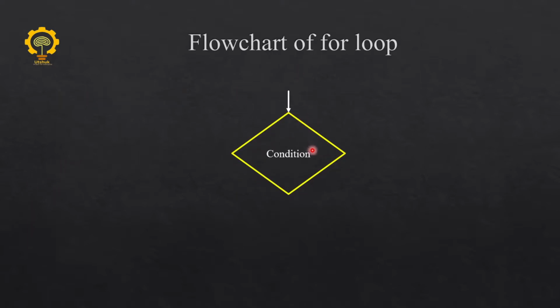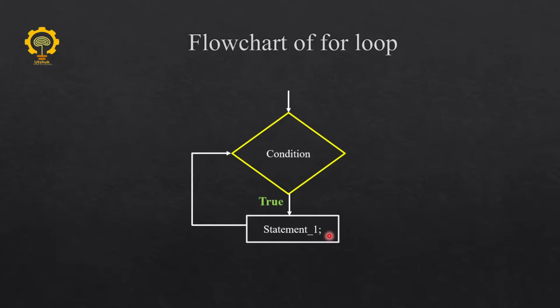So here's the condition. If the condition is true, then certain statements are executed, and again the condition is checked, and it will run till the condition is satisfied. Otherwise, if the condition is false, then it will come out of the while loop and execute the remaining block of code. In order to understand this practically, let's move to the NetBeans IDE.